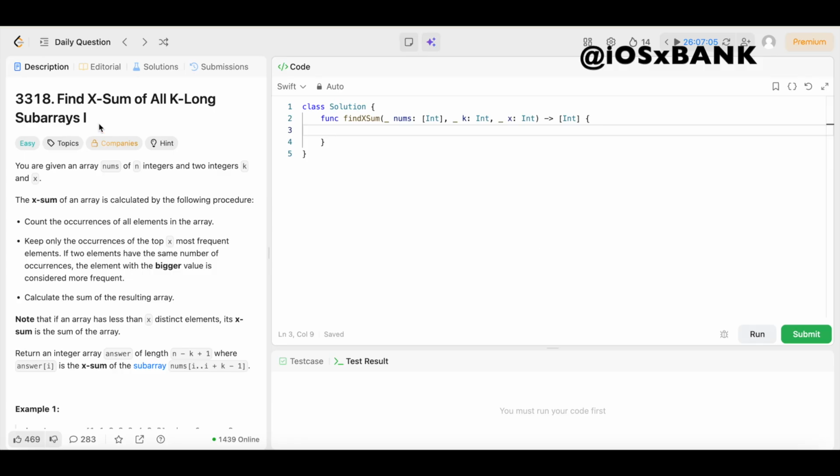And today we have question number 3318. Find X sum of all K-long subarrays 1. The difficulty level is easy, so you already know we're going to keep the solution as simple and easy to